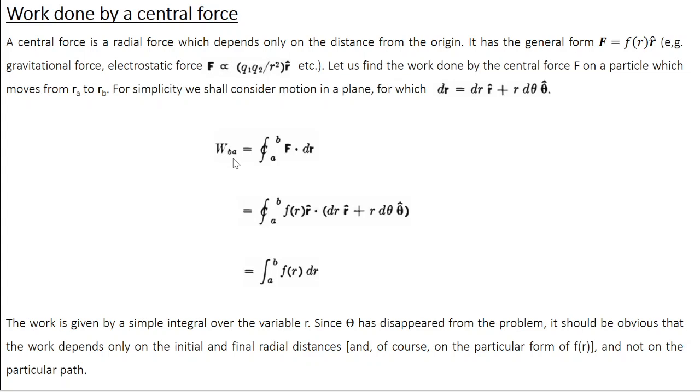From the work energy theorem, we know that W_BA, the work done in moving the particle from point A to B, is the integral from A to B of F dot dr. Substitute for F and dr, and you get the integral from A to B of f(r) dr. From this expression you can note that work is given by a simple integral over r, and since theta has disappeared from the problem, work depends only on the initial and final radial distances,